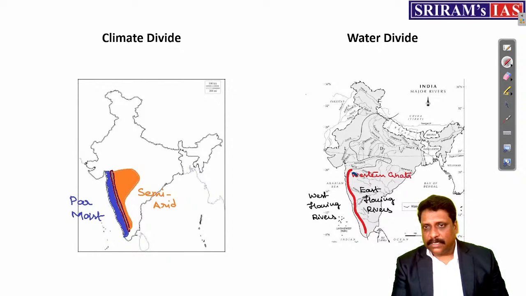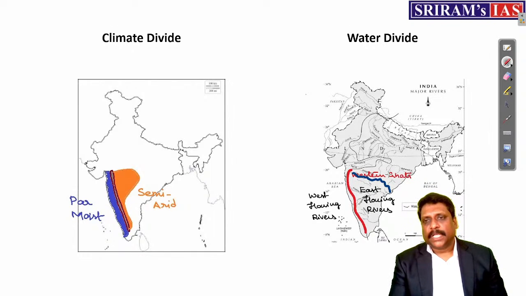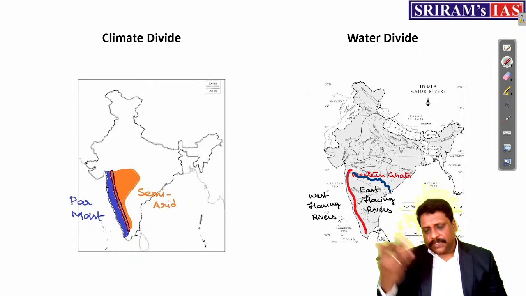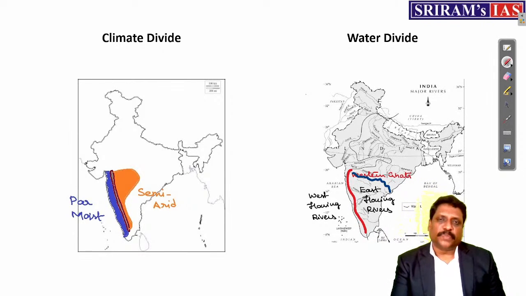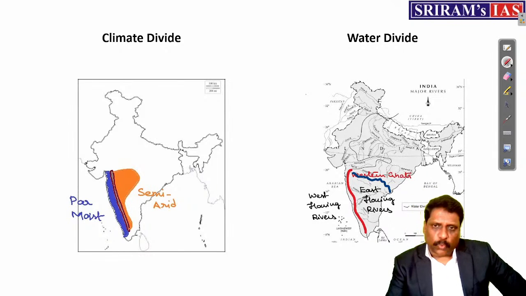The second longest river in India. Third largest river, but second longest river. Second largest river is Indus in India, whereas the second longest river, if you ask me, is Godavari. Long and large, there is a small difference between them. That's why Godavari, you call them what? Dakshin Ganga. Ganga of the south, right?